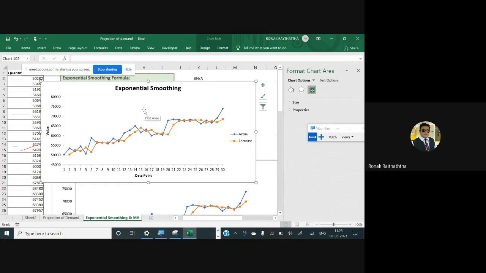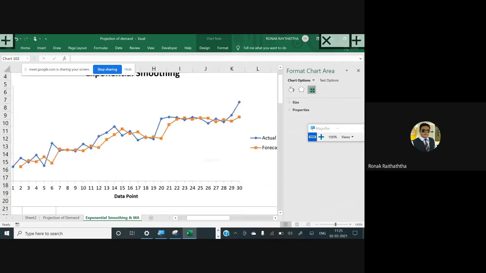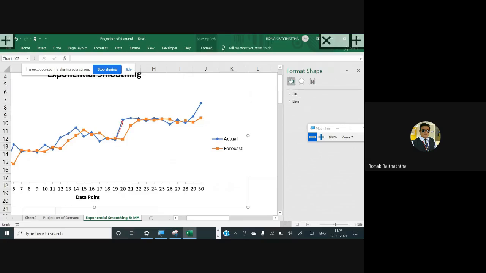Now see, you must have observed that. See why the moving average has been beaten that much in the actual one. Here in this one, the spike took place, right? The spike took place. That's why there was a lot of quantity sold in period number 20. Spike took place. That's why the moving average got a crossover. Sorry, the exponential smoothing got a crossover like this.